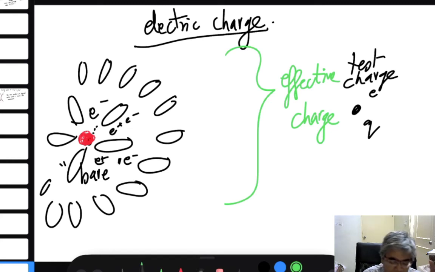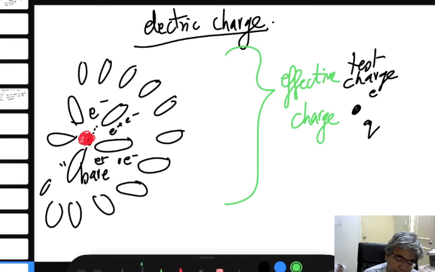Because the positive charge is reducing the negativity of the electric charge, they will see an effective charge which will be much less than